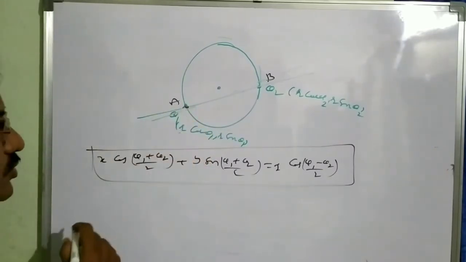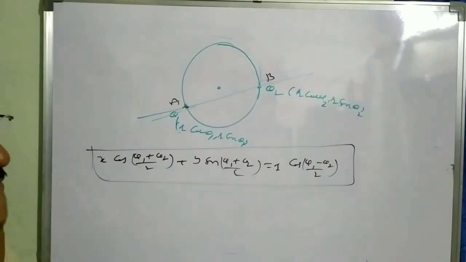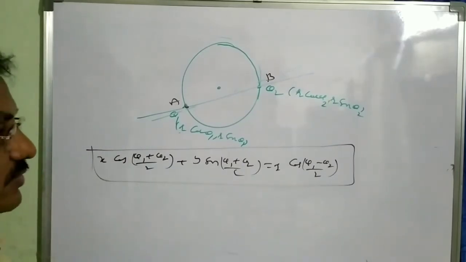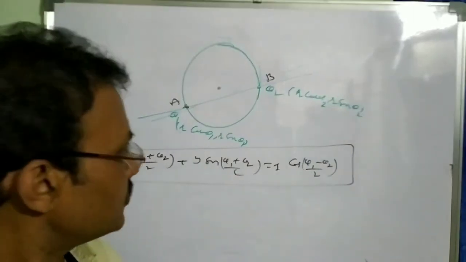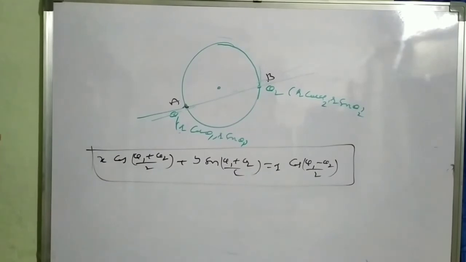Understand? By applying the 2-point form, (y2 minus y1) by (x2 minus x1) is the slope, and y minus y1 is equal to m of (x minus x1). We can use the formula, we can simply get this equation.